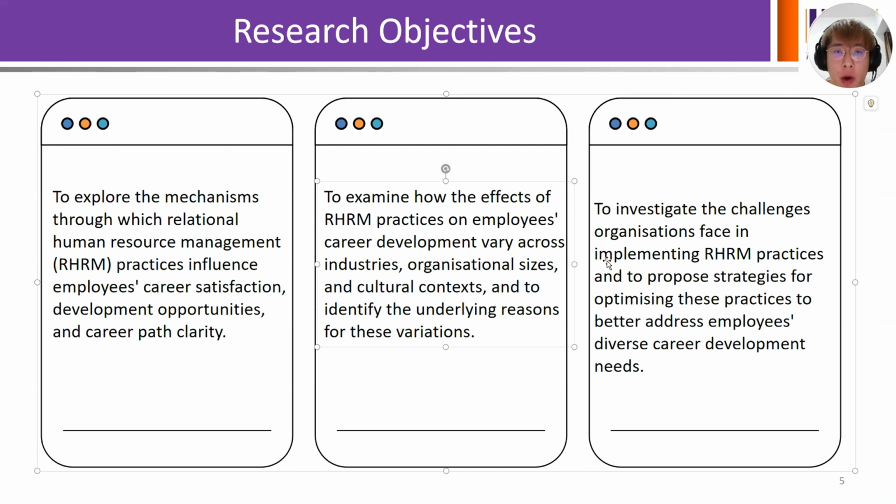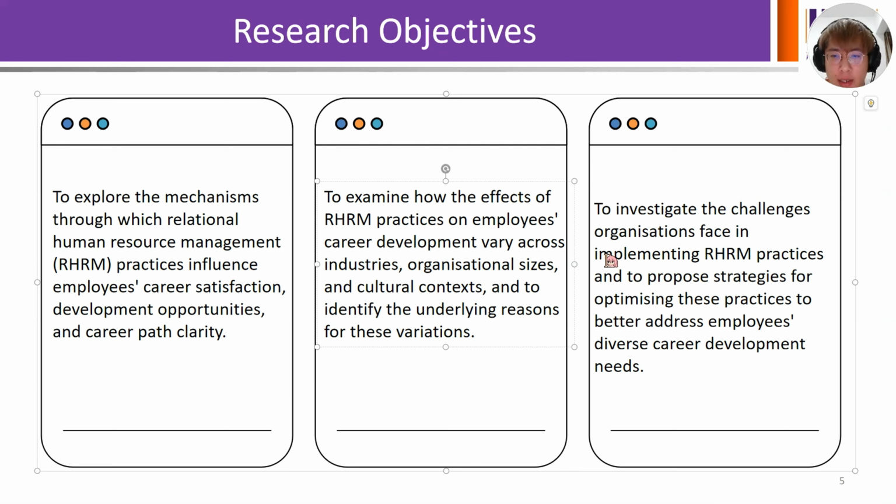Next, I will talk about research objectives. There are 3 research objectives in my paper. First, to explore the mechanisms through which relational human resource management practice influences employees' career satisfaction, development opportunities, and career path clarity. Second, to explain how the effects of RHRM practice on employees' career development vary across industries, organizational